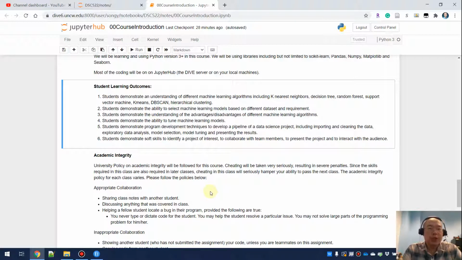This is a student learning outcome I wrote by myself, and I indeed put some effort into this because I do want to walk you through it, and this is my expectation from you when I design this course. The first thing, students demonstrate the understanding of the different machine learning algorithms. In this class, I'm going to give you a bunch of tools. I'm going to enrich your toolbox, and then you have to understand all those machine